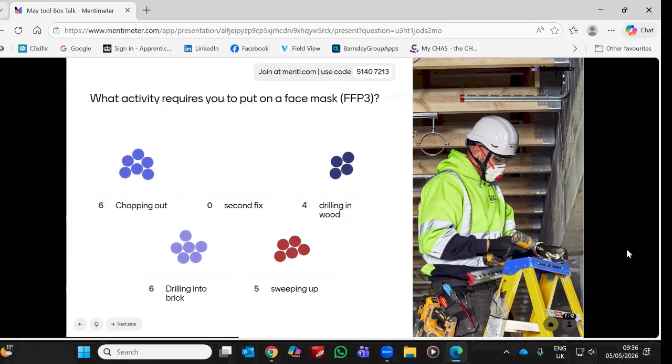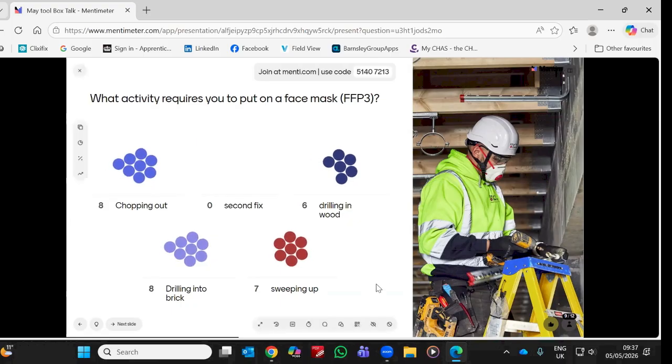Fabulous, yeah. So what all these items that everyone's voted for have in common is that they all generate some kind of dust particle, depending on the materials you're working in. So we've got brick, wood, and chopping out, so it relates to the materials. So all different types of materials, and the reason why you're putting a face mask on is because